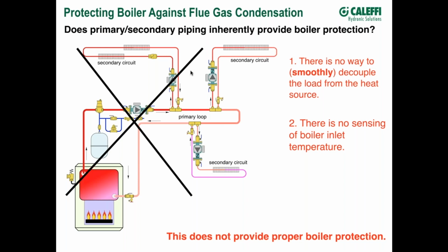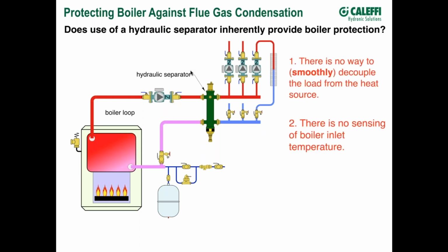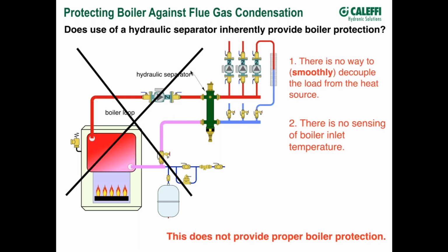Primary secondary piping in and of itself does not protect the boiler against sustained flue gas condensation. Well, how about if we get rid of that primary loop and put in one of these new hydraulic separators? Same situation. Ask the questions. Do you see anything there that is measuring boiler inlet temperature? Or is there a way to smoothly decouple the boiler loop from the balance of the system? The answer is no. So again, just putting in a hydraulic separator by itself does not provide consistent protection against